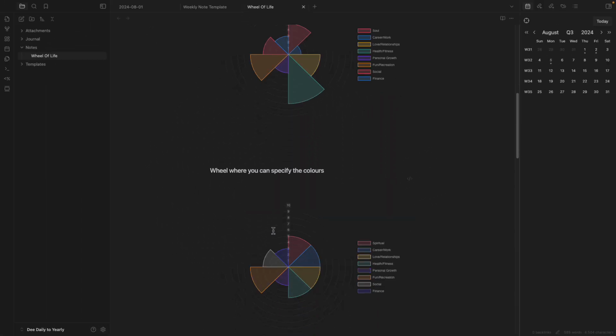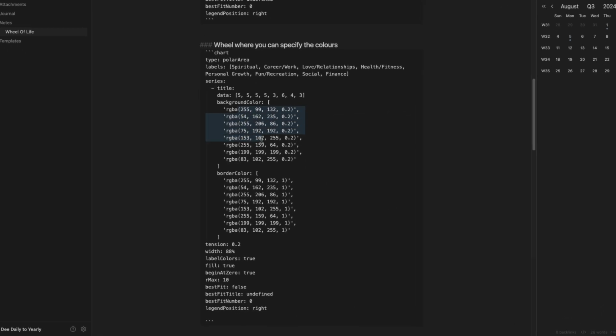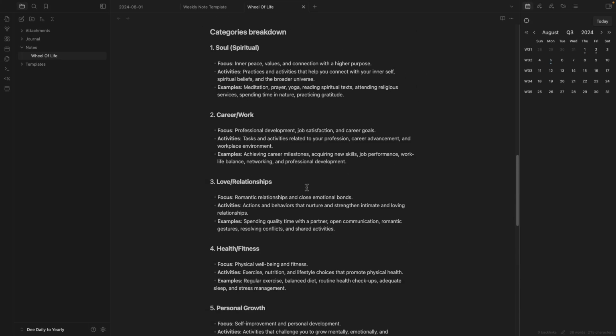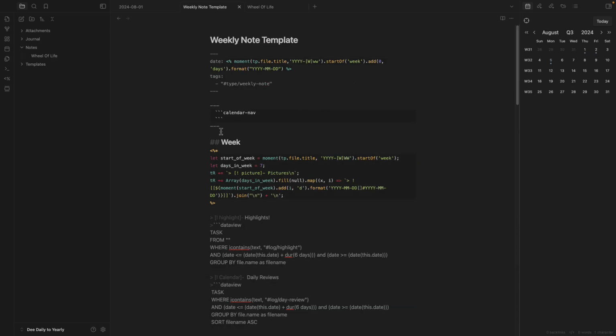So Wheel of Life, we can specify the colors, just a quick little piece of code where you can choose which colors you want. So I just put in some random RGBA colors. You can see that you can change it. And then I wrote a little bit about each little point. Now, if we go back to the weekly note template,